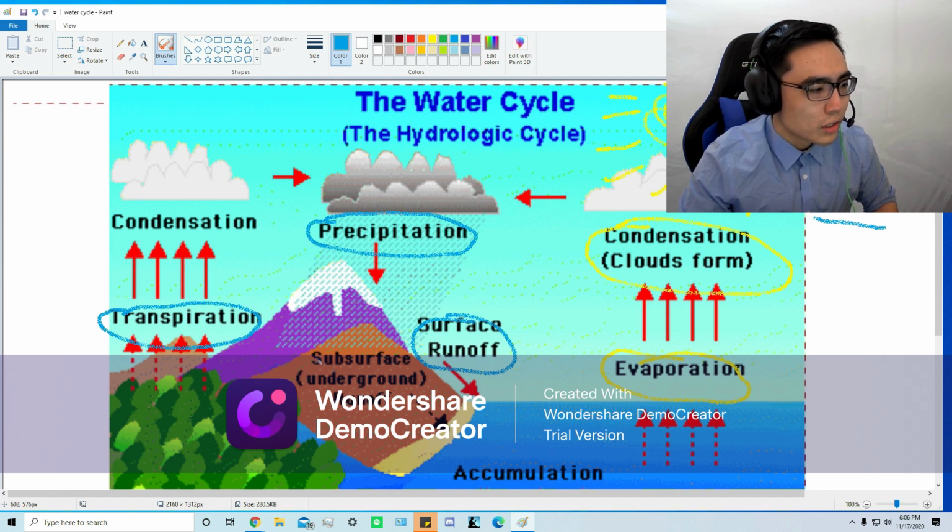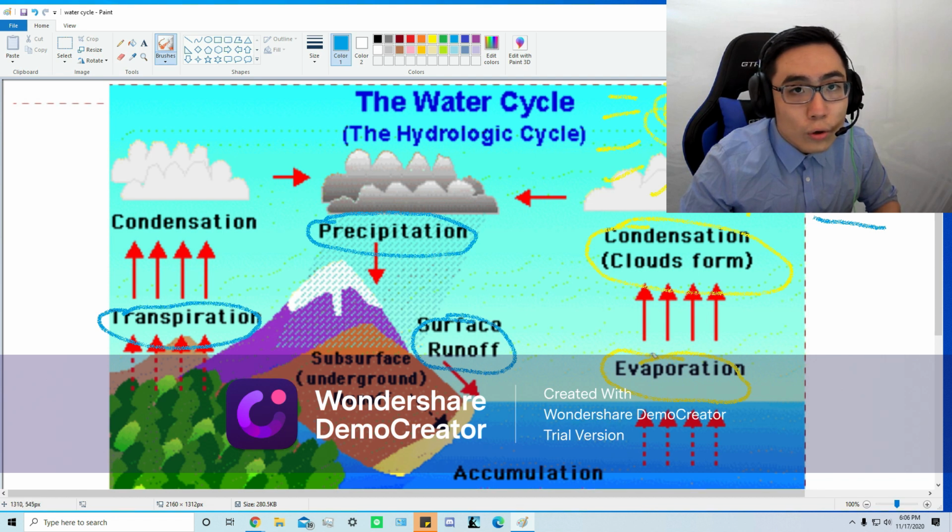All right. So the water flows back into the rivers, into the ground, and into the ocean. And so it's back in the ocean. What do you think happens after that? Let's see. Let's ask Eric. What do you think happens to the water once it reaches the ocean? Does it just stay there for a million years? Or does it get warmer with the sun? Yeah, it gets warmer. And then what happens?